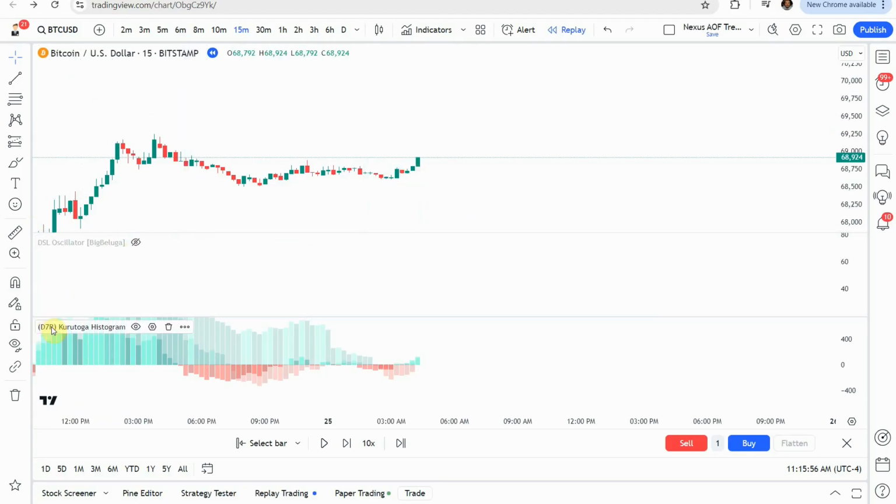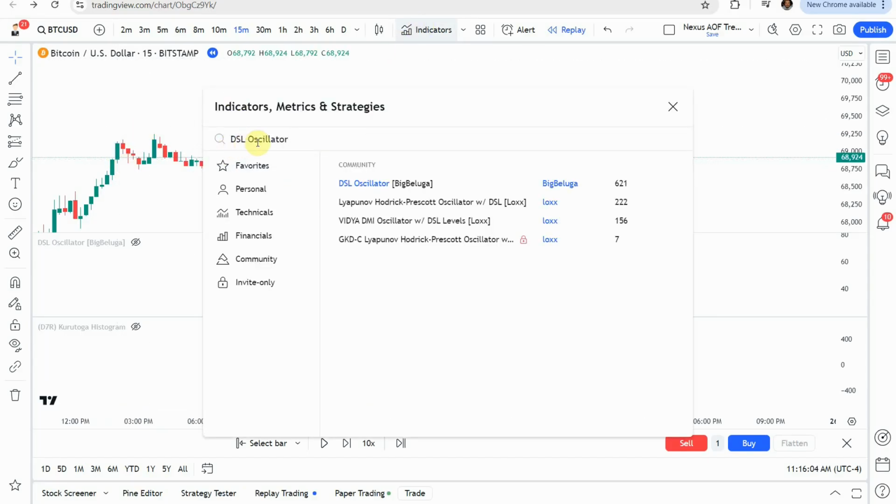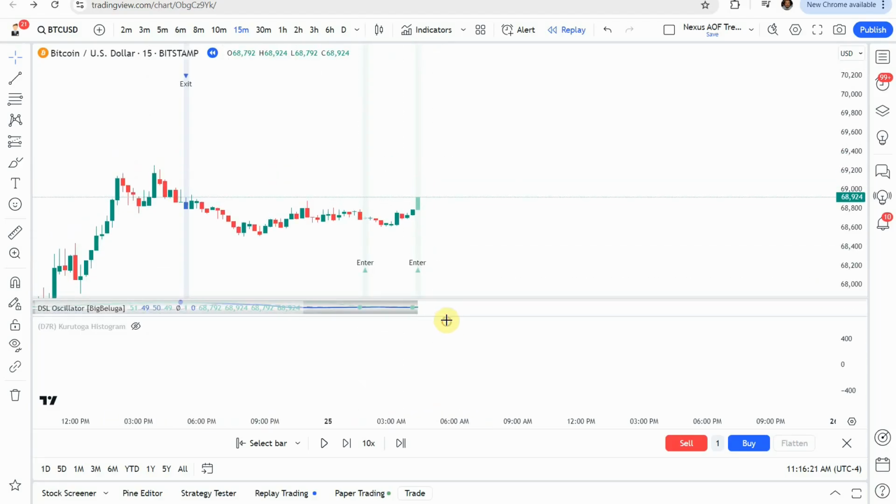So what we'll do is just hide the two indicators we have on screen now. And what we'll do is add the first indicator. It's going to be the DSL oscillator, this one right here. Go ahead and click on that and add it to the screen, and it'll look like this right here. Keep everything on the default settings, and to be honest with this one, you don't need this lower panel right here. You can actually just crunch it down, and really what we're looking for are these enter and exit tags